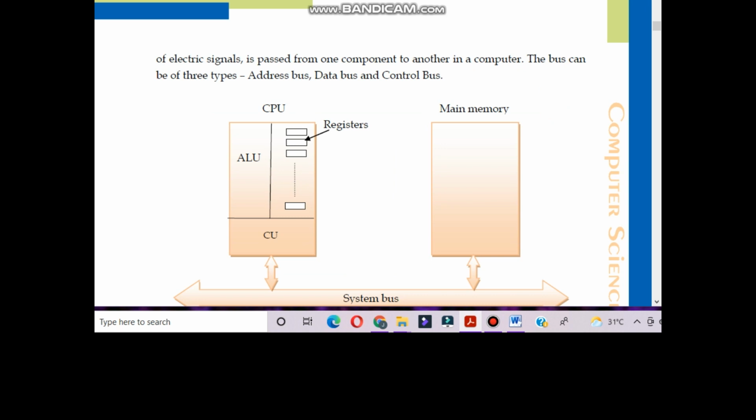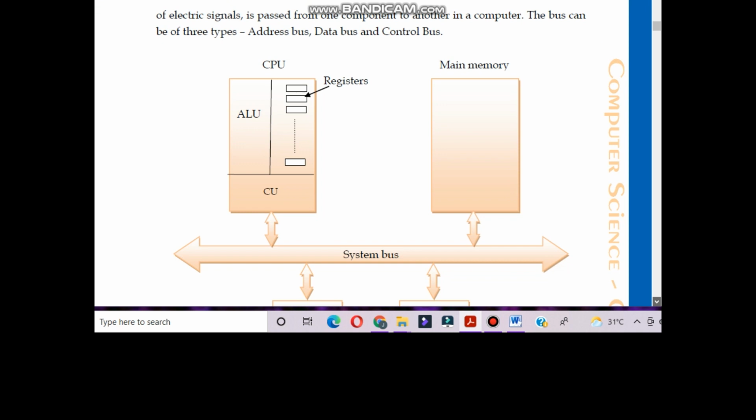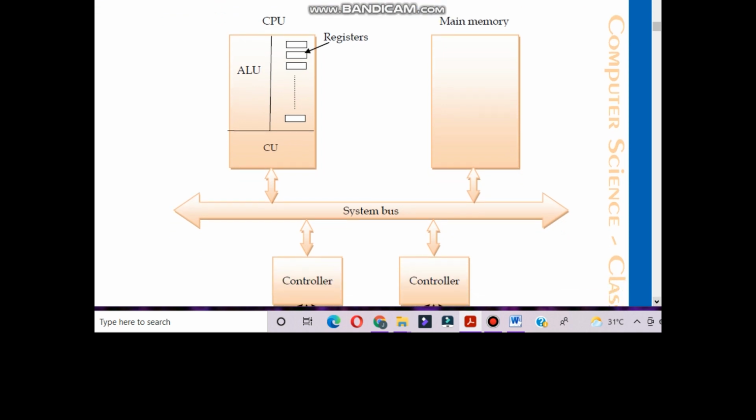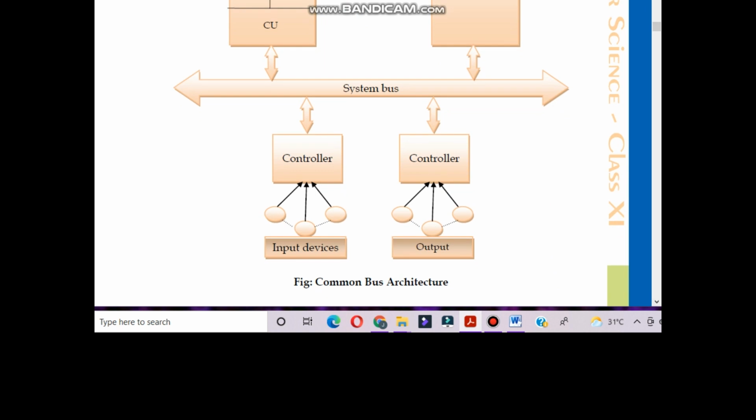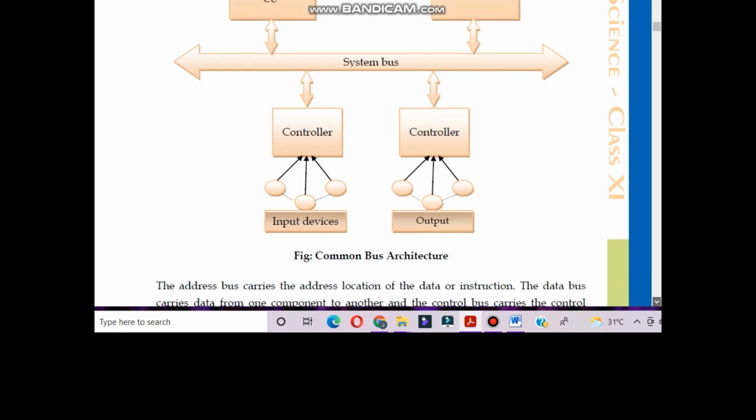After performing the operation, it goes to main memory, then maybe it can be stored permanently or temporarily. After processing, it will come to the output device for showing the result.